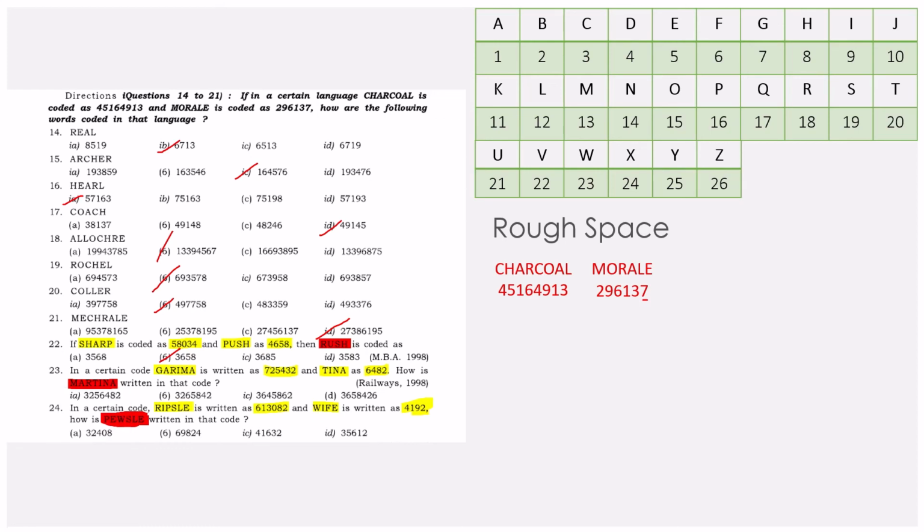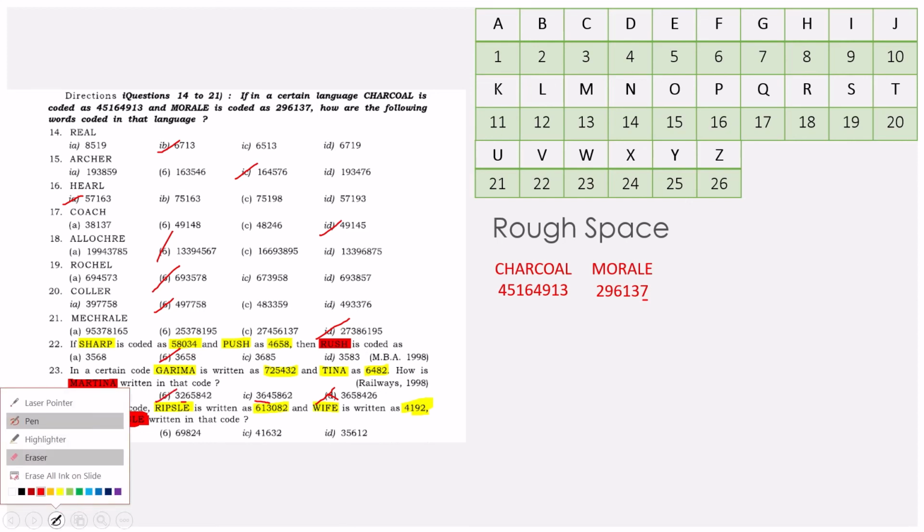So let's again go for the option-wise elimination method. 3 3 3 3 2 2 2 6. Okay, 6 4 8. Okay, three. If the 4 or 3 are unique, you have to check with another index. 4 8 8. Wait, 8 over here and 8 over here and 4 over here. So eliminate this one. Just check for the second digit. So they are asking for A. A is coded as 2. So option B will be the answer. See how easy it is.